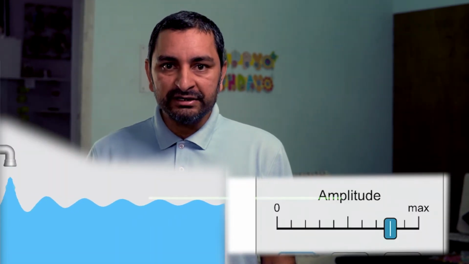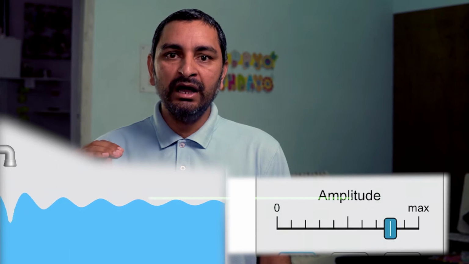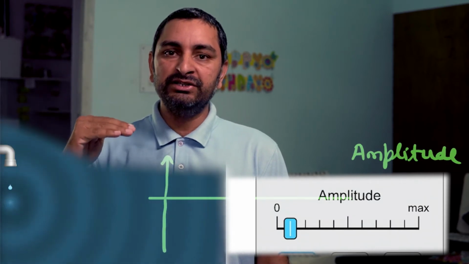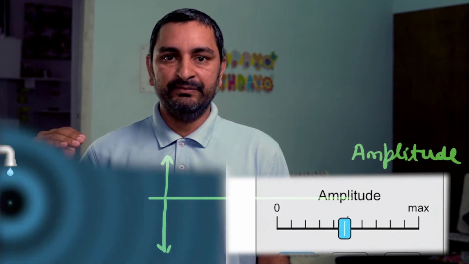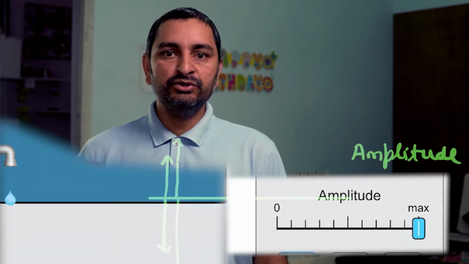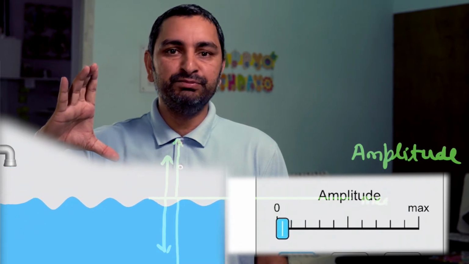Now let's talk about the amplitude and frequency of these waves. You are watching here, water is going up and down. Amplitude is how much it moves up and down from the level surface. If I increase the amplitude, it moves more in the upward and downward direction, meaning its displacement is more from the mean surface. If the amplitude is small, then it has smaller displacement. So this is the amplitude: how much is the displacement from its mean position.